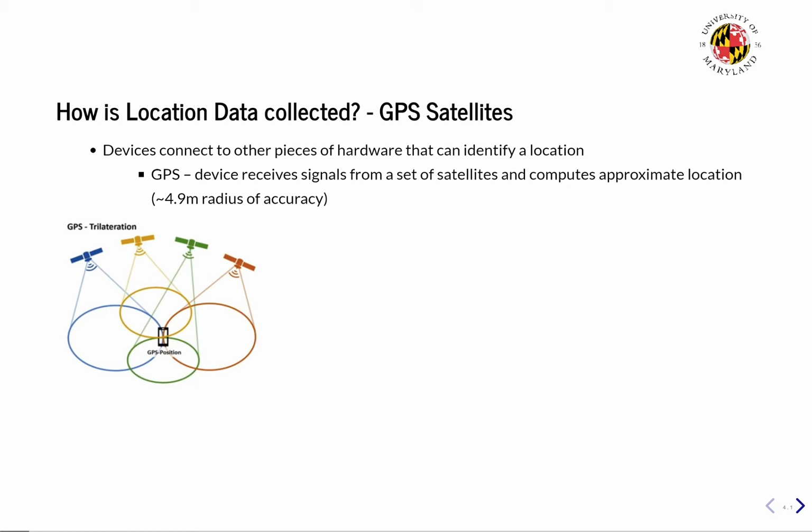Those devices that we saw in the previous slides cannot identify the location by themselves independently. Hence, they take the help of other hardware devices to approximate their own location. There are some hardware devices that help to collect location data. The GPS device receiver connects to satellites to compute an approximate location. It needs a minimum of 3 signals for trilateration. This method is done using distances and it computes the location at approximately 4.9 meter radius of accuracy.